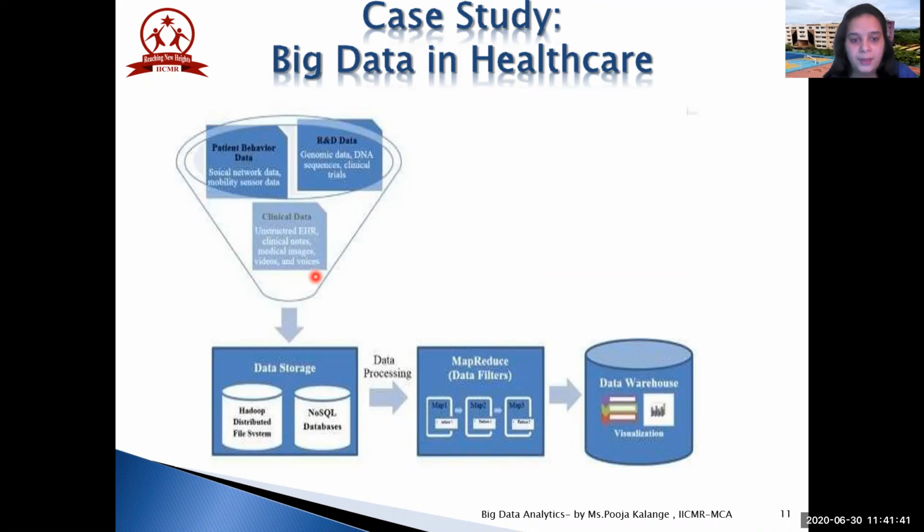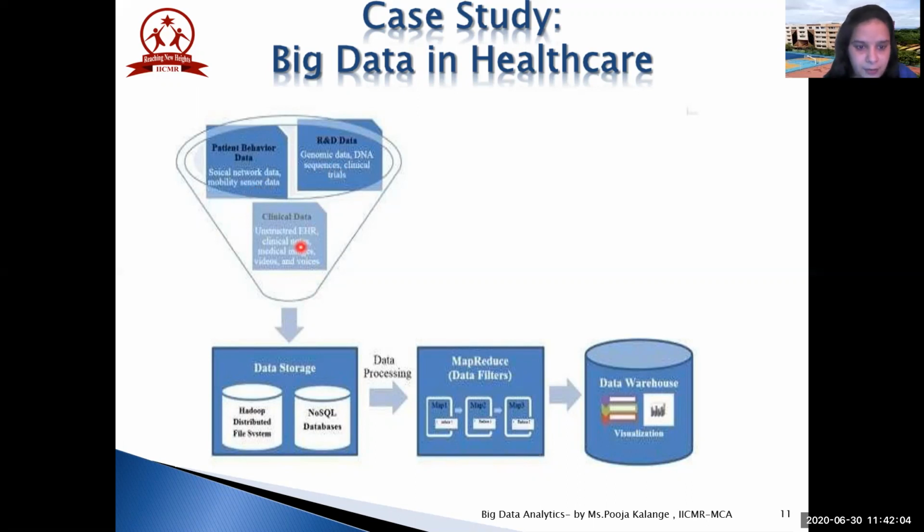Now, what was the drawback with RDBMS is that RDBMS can only process the data which is related to structure. This part we'll be covering when we study more about Hadoop. Currently, you just remember that data in case of healthcare system is coming from multiple scenarios. It is coming from the social network, mobiles, the research team, and also from the clinical data sources.